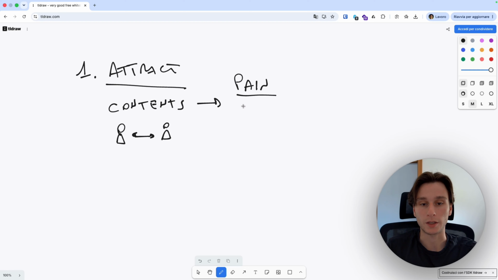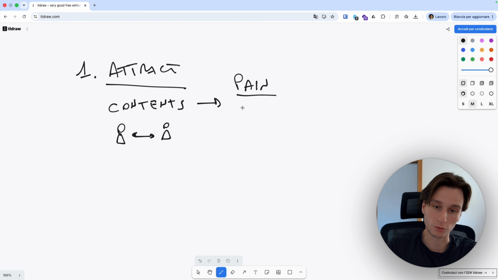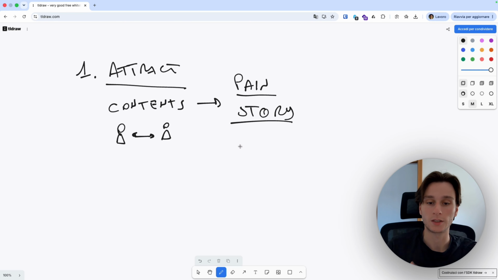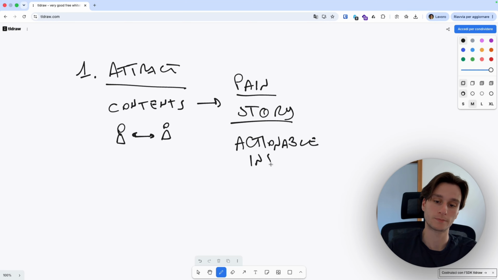This part is very important to establish trust between you and your potential client. So, lead with pain, have a story to say in your posts or most of the posts, and if you have, which is better always, put some actionable insights.